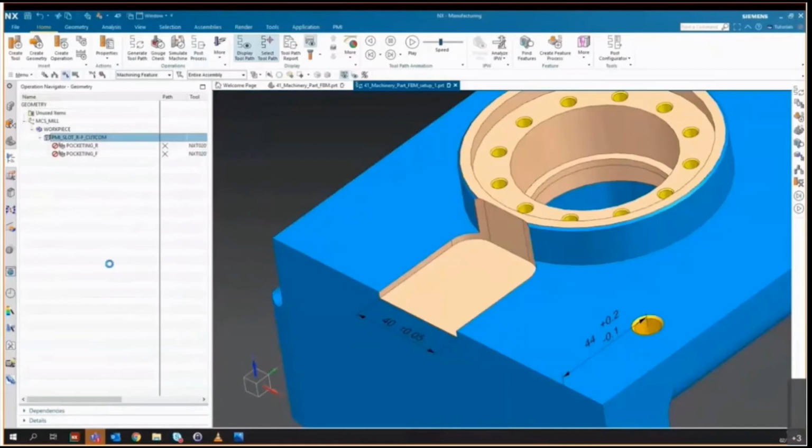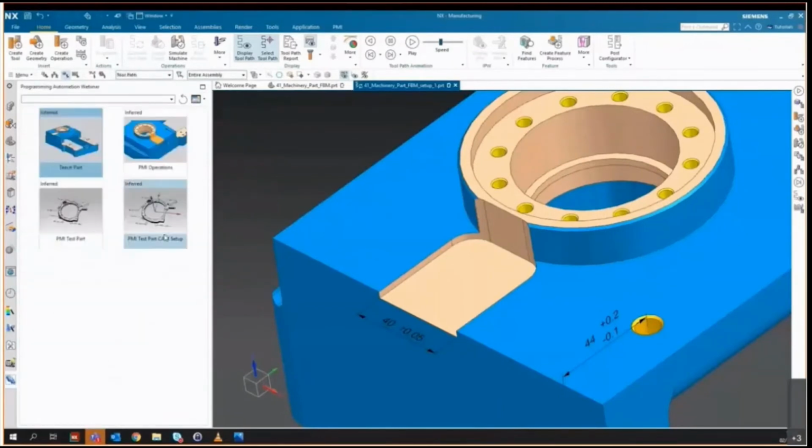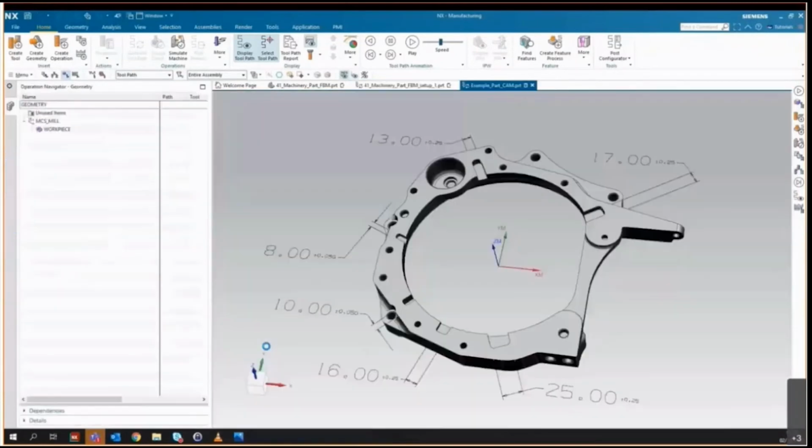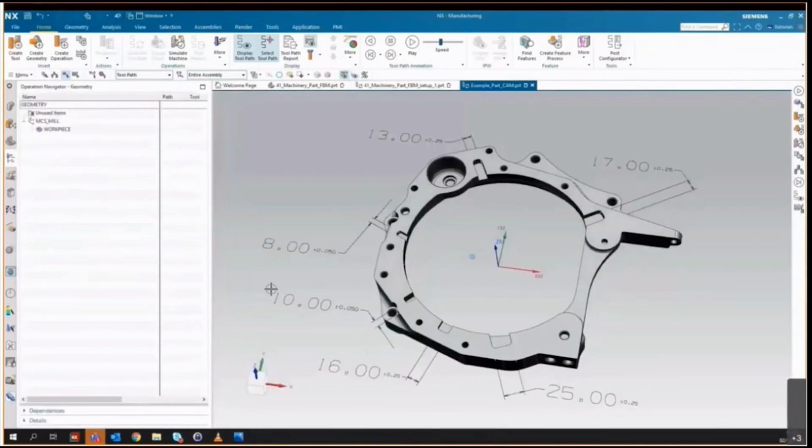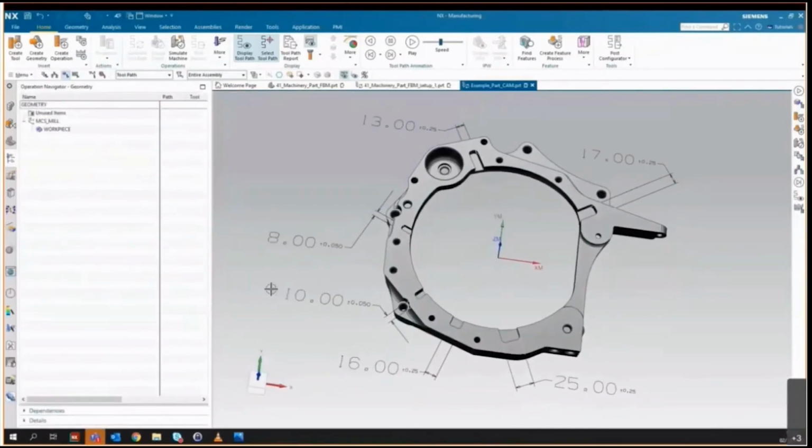So it's all very well me showing you this on this test part, this teach part, sorry. But let's open up a component that's already a CAM setup, and it's got a multitude of slots. Slots of different depths, widths, corner radiuses, and in this case, tolerances that have been applied to it in PMI.